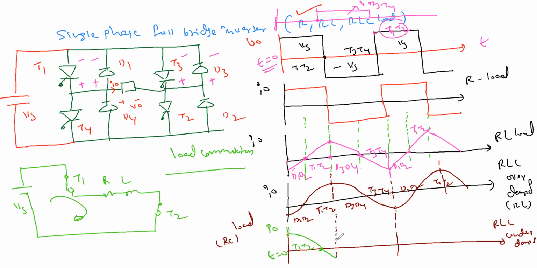लेकिन दिक्कत क्या है इधर? T3, T4 हमने ट्रिगर कहाँ कर दिया? T3, T4 को इधर ट्रिगर कर दिया. लेकिन इससे पहले ये दोनों में कौन कंडक्शन में जाना चाहिए? From here to here, who is the one which is going to conduct? पॉजिटिव करंट जाना चाहिए. T1, T2 कंडक्शन में जा रहे. लेकिन before T3 T4 are triggered, due to load ये दोनों बंद हो गया, करंट हमको continuous आना चाहिए, AC करंट आना चाहिए, अभी कौन कंडक्शन में जाएगा, ये तो बंद हो गया। T3 T4 ट्रिगर कर दिया तो तुरंत T3 T4 आएगा, लेकिन T3 T4 ट्रिगर नहीं किया, उसका शेड्यूल बाद में है, इधर नहीं आएगा,